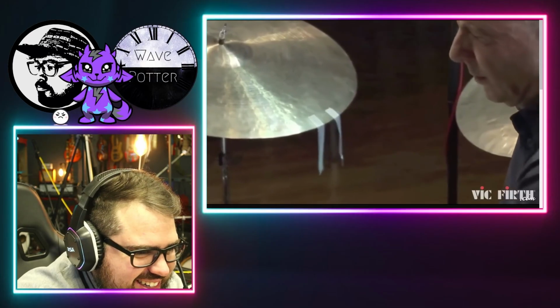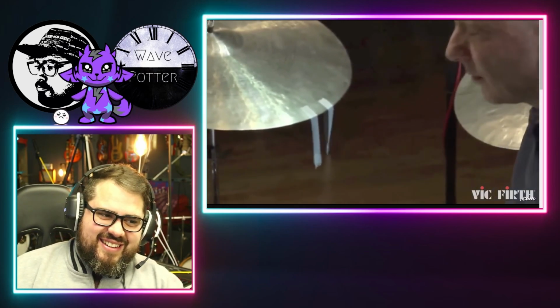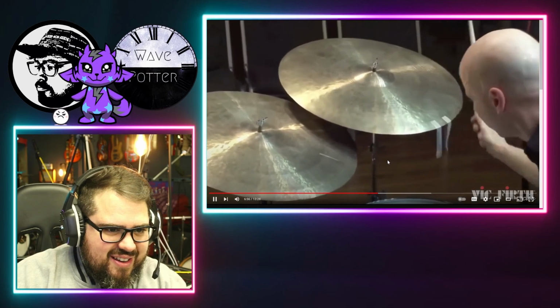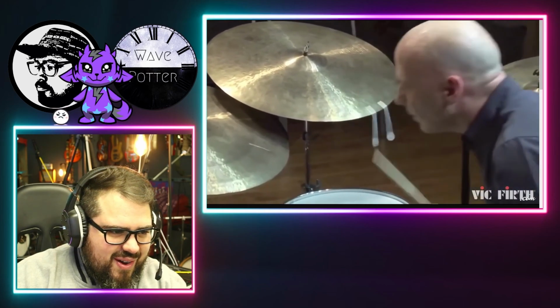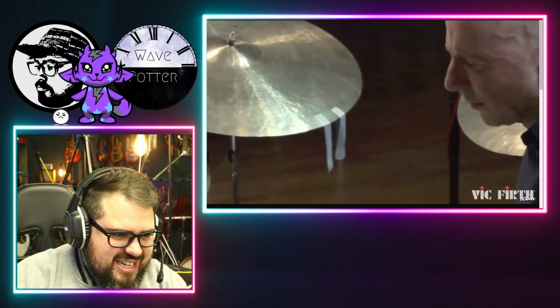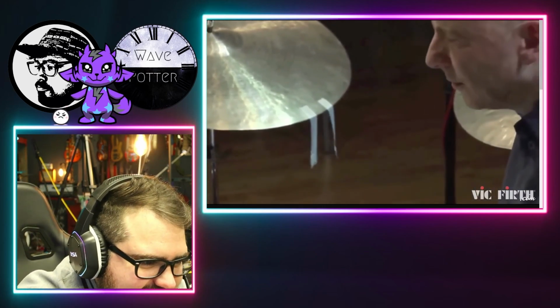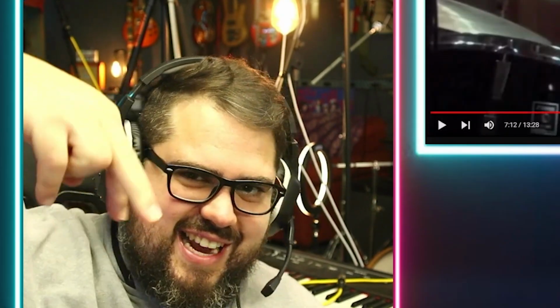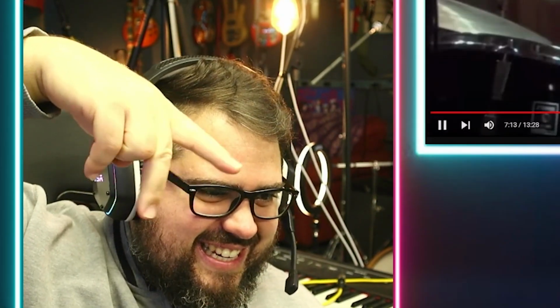Huh, Scotch tape on the cymbal? What's this about? Did he just put that there? What? Is it Scotch tape or is it some kind of mute? Or both. Kinda looks like the Scotch tape is dancing. Just like...